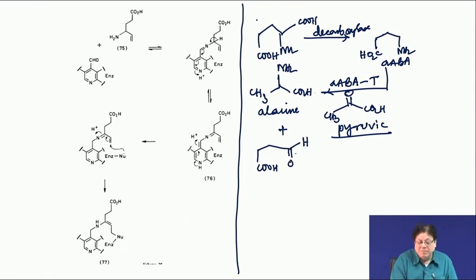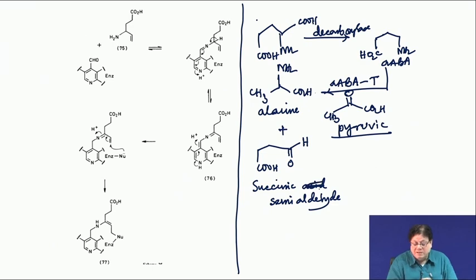So, this is the compound, that means NH2, remove the NH2, put a carbonyl, but remember there is a hydrogen here also. So, that is called succinic semialdehyde. Semialdehyde means succinic acid has two carboxylic groups, and one of the carboxy groups is converted into aldehyde. So, this is how the GABA is degraded.